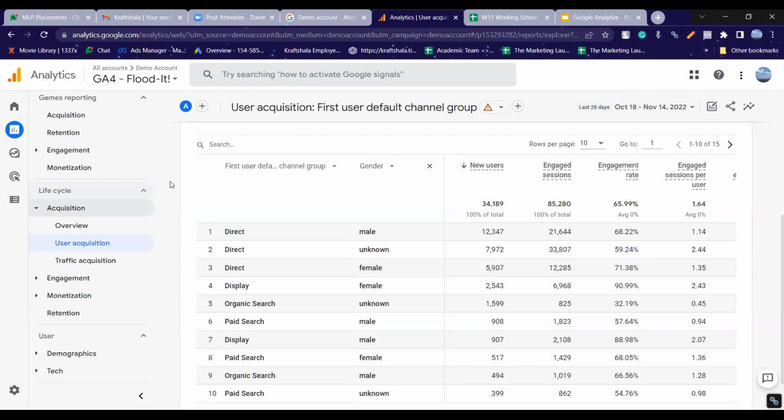Why will Google give you that data? We have not put any website link or URL there. This is from the Google Merchandise Store, which is a website that Google owns, and that data is basically given to everyone for learning purposes. But if you want to know about any random website's data, you won't get it, because every website wants to protect its data. No one will give you their data for free.